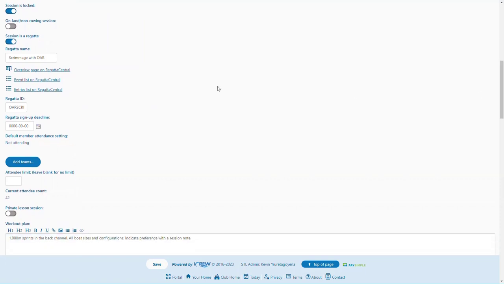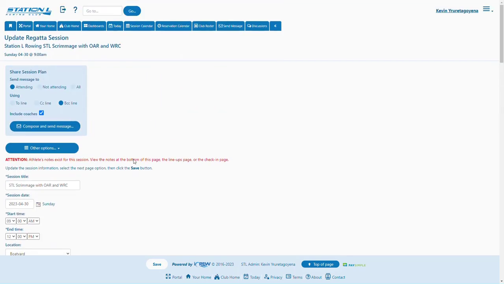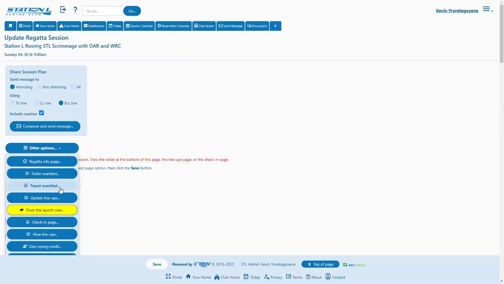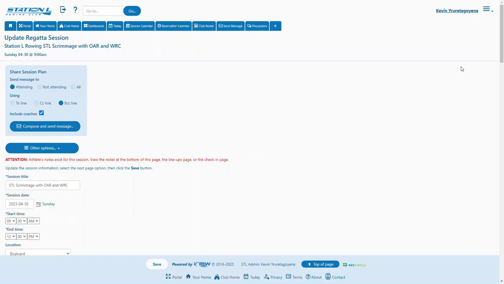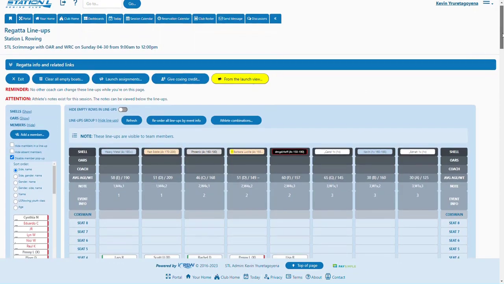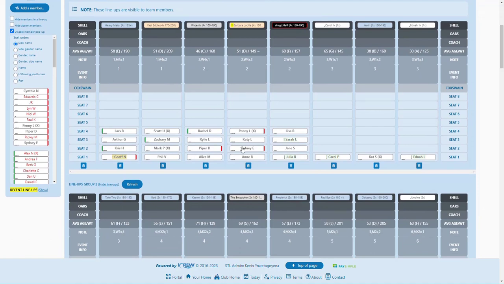Of course, it's not out on Regatta Central, it's just a scrimmage, but they've assigned it a regatta ID of Scrim, just any random ID. You'll see how this will be used on the other session related to this scrimmage. Anyway, let's take a look at the lineups. We'll go to the lineups here, and they've got all their races set up for their squads, and the note